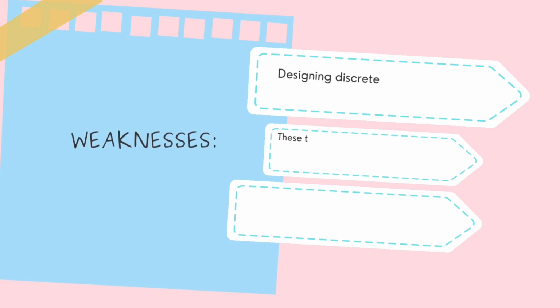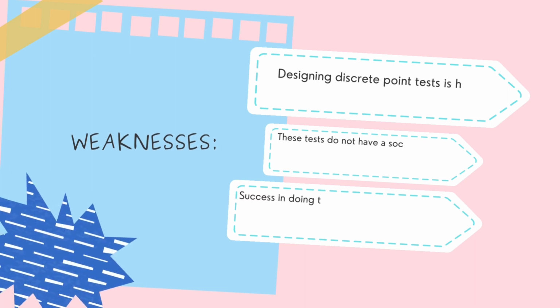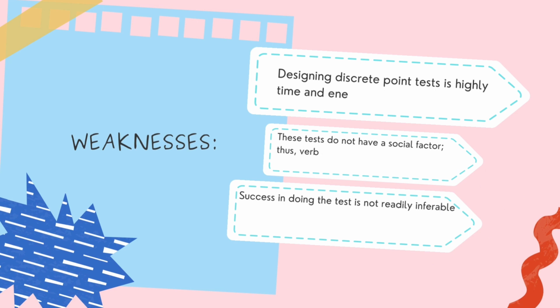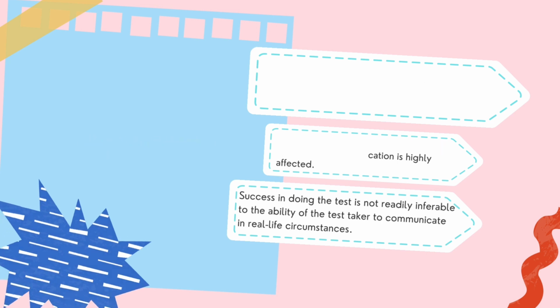And another one is for the weakness. We have, designing a discrete point test is highly time and energy consuming. For number 2, we have that these tests do not have a social factor, thus verbal communication is highly affected. And for the last one, success in doing the test is not readily inferable to the ability of the test taker to communicate in real life